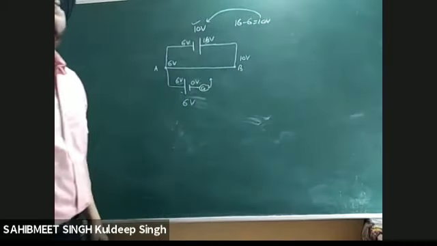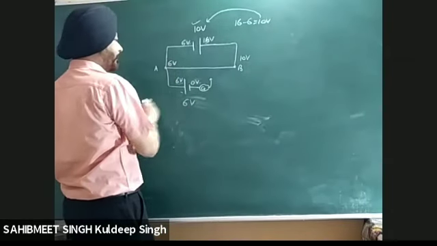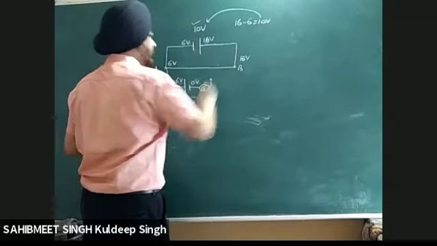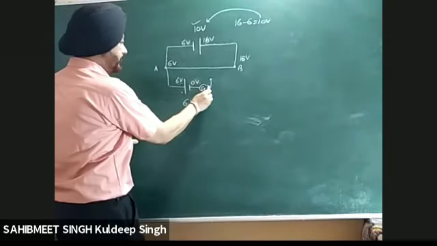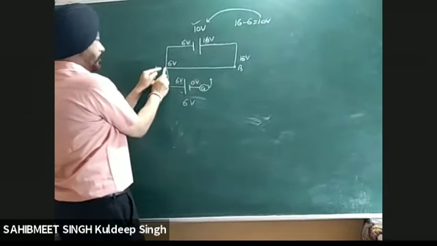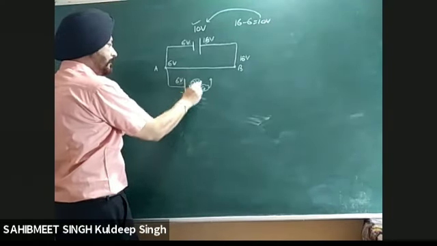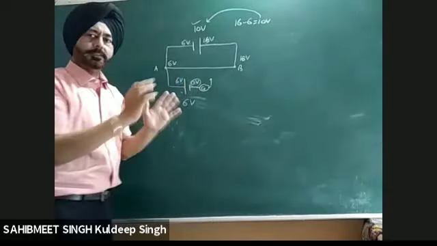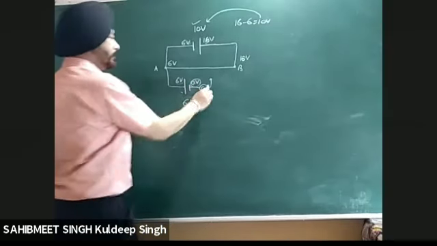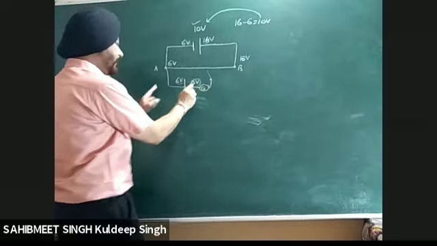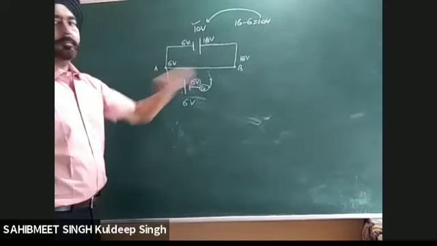Only then will I get 10 volt. It means this is at 6 volt. Now this terminal goes to 16 volt. As a result, when I slide the jockey over the wire, I will go from 6 to 16. But how much voltage is needed? 0 volt on the wire. Only then can you balance it. You need 0 volt somewhere here. So when you slide the jockey on this wire, you will never get 0 volt. As a result, there will be no null point.